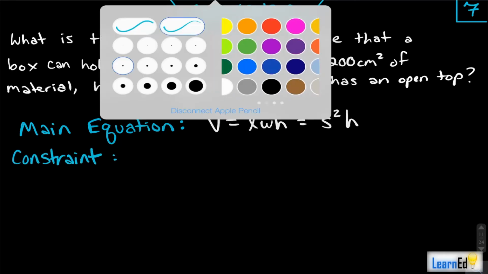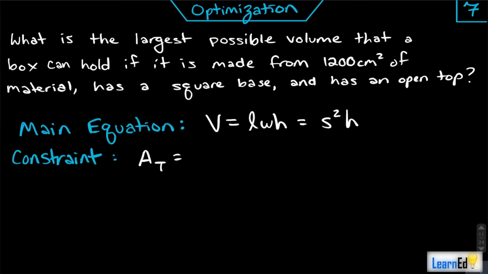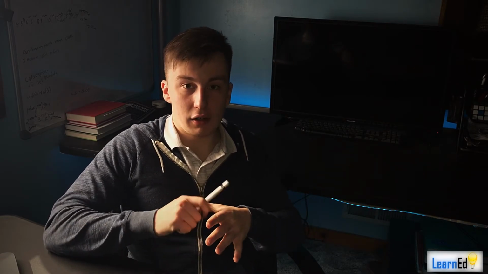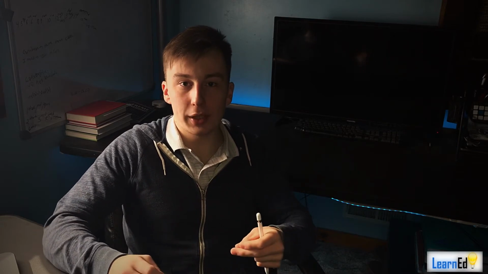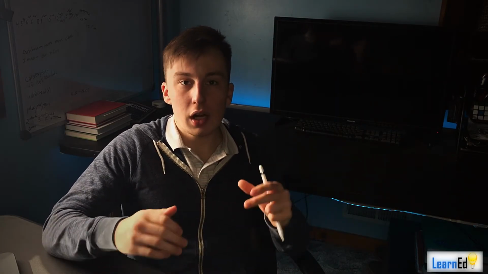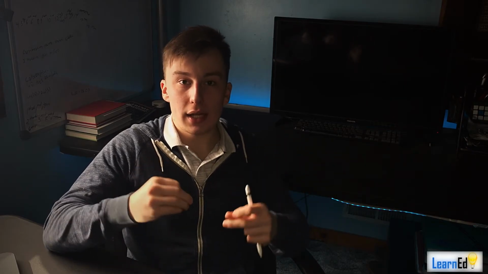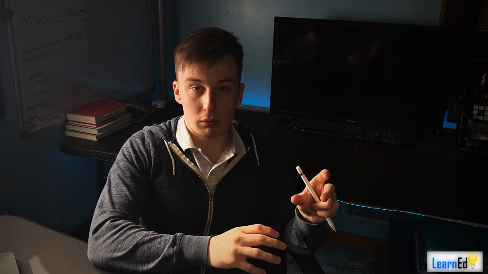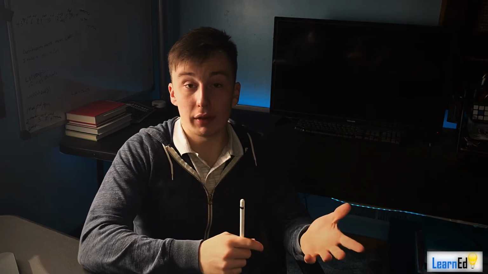right? So now we have to deal with our constraint equation. And our constraint is that our total area is only 1,200 centimeters squared. Okay? Now, the problem with optimization, this is the hardest part, I think. First off, organizing the information that you're getting into the main equation and the constraint, that's not something that most people think of. So I think that makes it harder. But then figuring out how to incorporate your constraint into your main equation, that's the hardest part of optimization right there. How do you incorporate your restriction